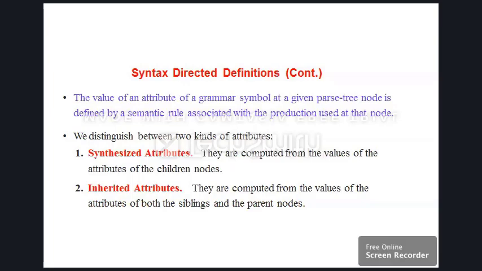So that's the difference between a synthesized and an inherited attribute.